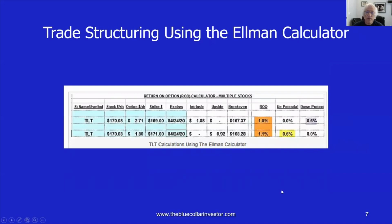We feed this information into the blue cells of the basic Ellman calculator. And by the way, for those of you who do not have a copy of the basic Ellman calculator, at the end of this podcast, I'll tell you how you can access a free version of it from the Blue Collar site. In any case, we feed the option chain information into the multiple tab of the Ellman calculator,